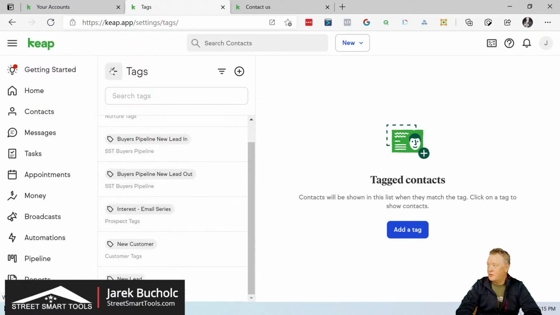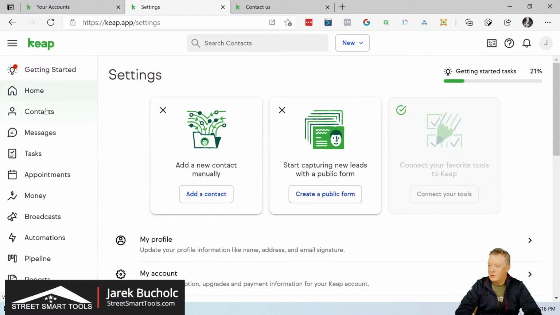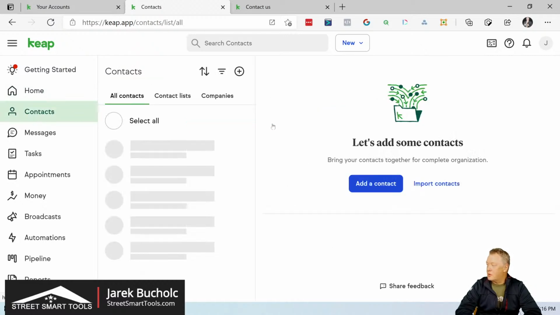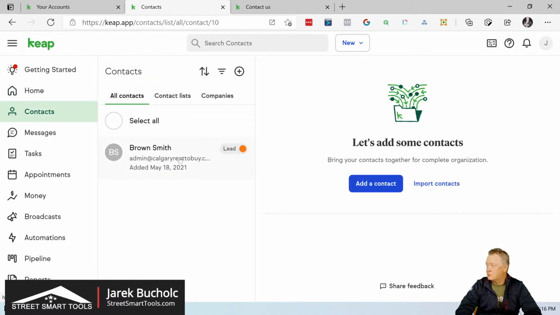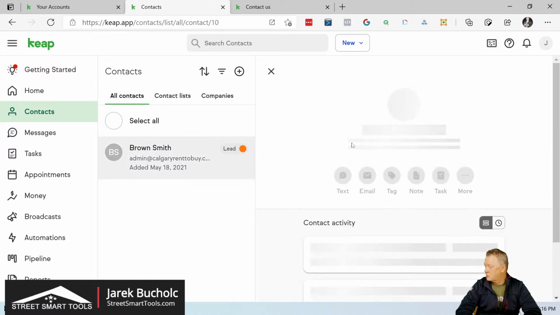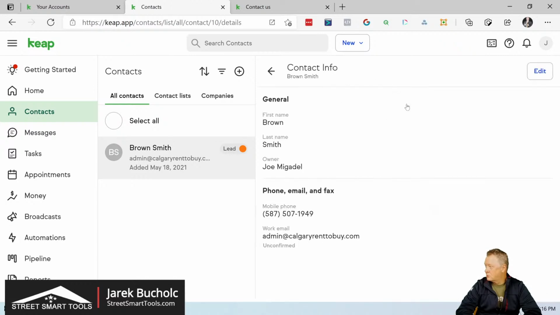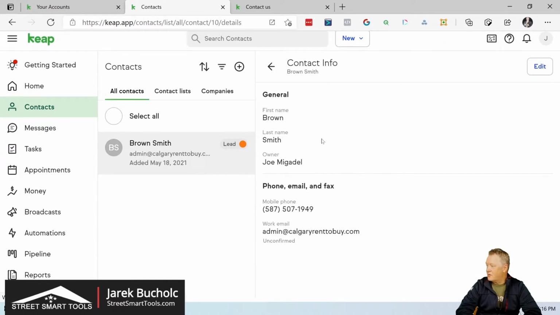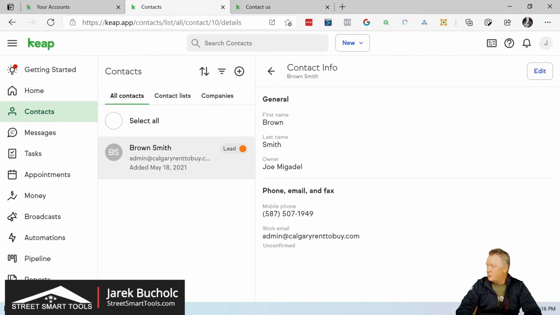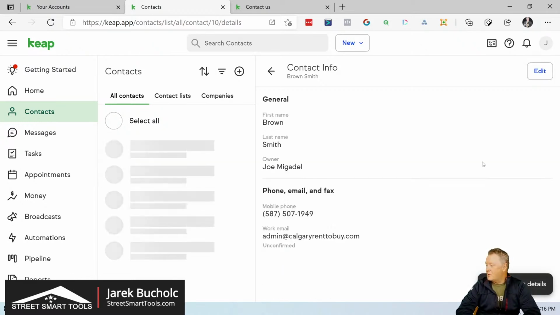Oh, sorry, I clicked the wrong button. So what we see here is Mr. Brown Smith, applications, phone number, unconfirmed. You see, this is unconfirmed, so they didn't confirm yet. You remember that 3 days verification? That's very important, right? If we edit,